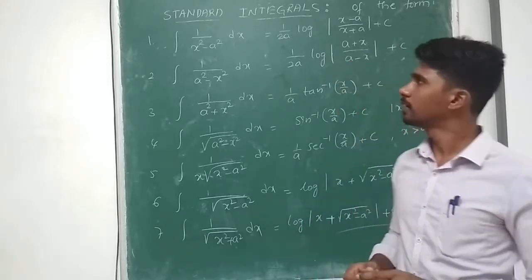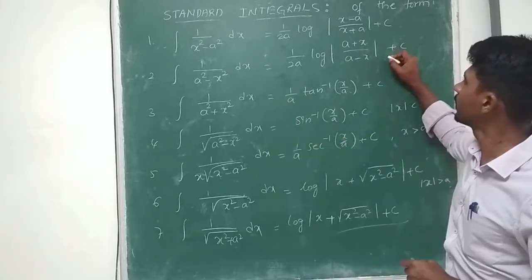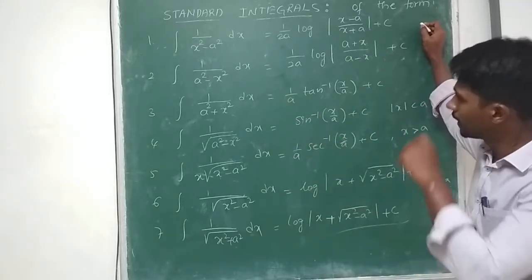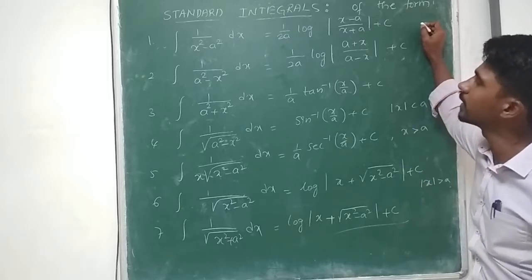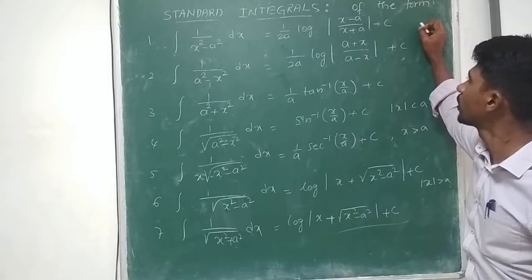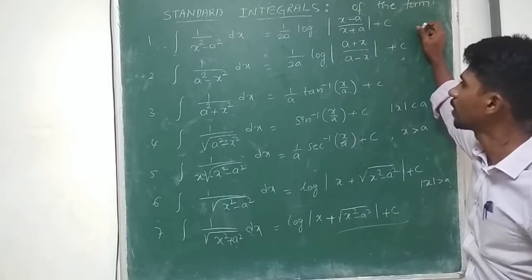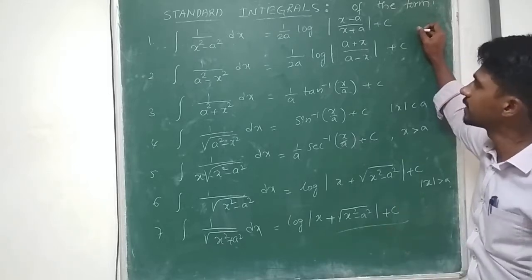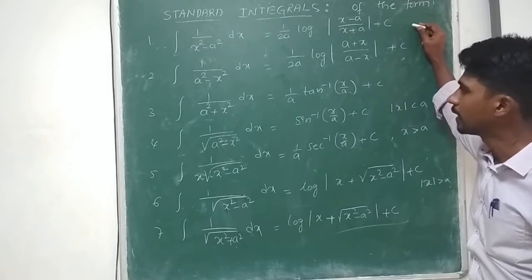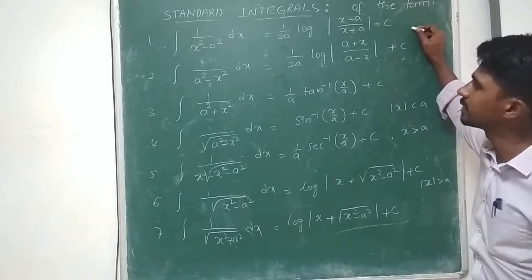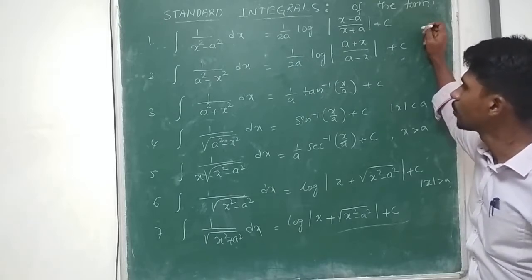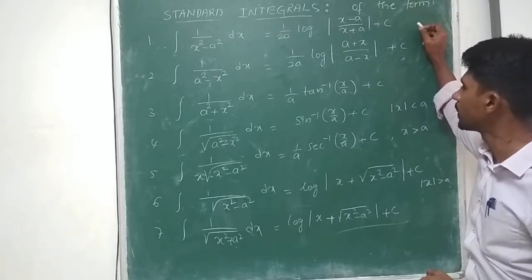Okay, right? So what are the formulas they have given? These particular formulas. The integral of 1 by x square minus a square dx can be taken as 1 by 2a log modulus of x minus a by x plus a, plus a constant c. The integral of 1 by a square minus x square is 1 by 2a log of a plus x by a minus x, plus c, and the integral of 1 by a square plus x square dx is equal to 1 by a tan inverse of x by a plus c.